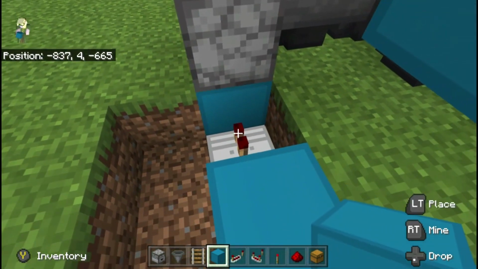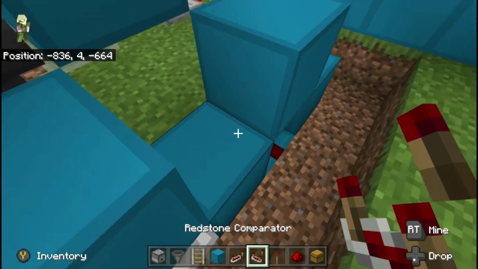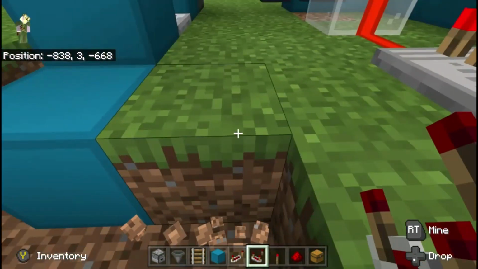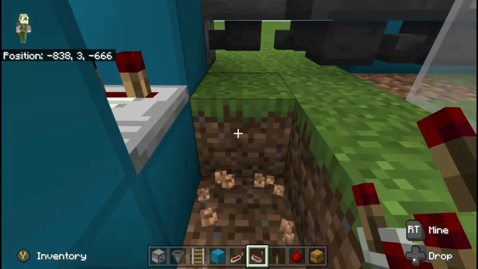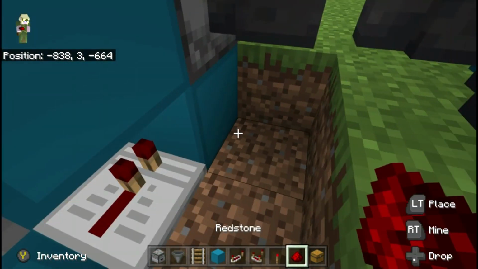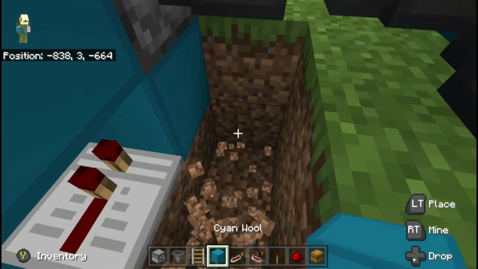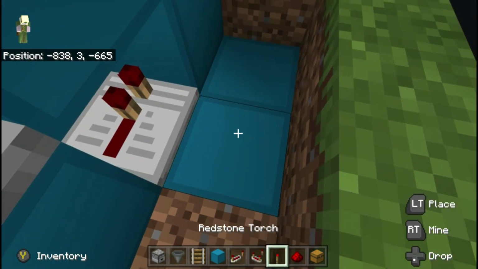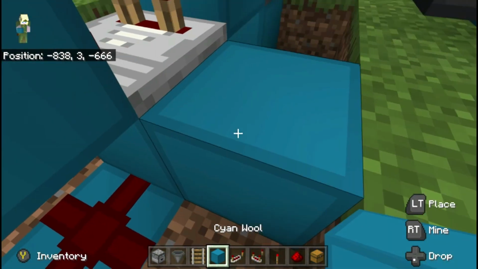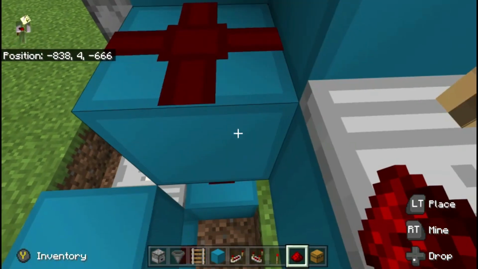Okay, so above the repeater we can put down a block above the dust, and throw on our comparator. So the block where the repeater comes out, just go ahead and put dust. This is me trying to make it, you know, more compact. So you just want to run dust up to come into the side of the comparator. Kind of tough to see, but